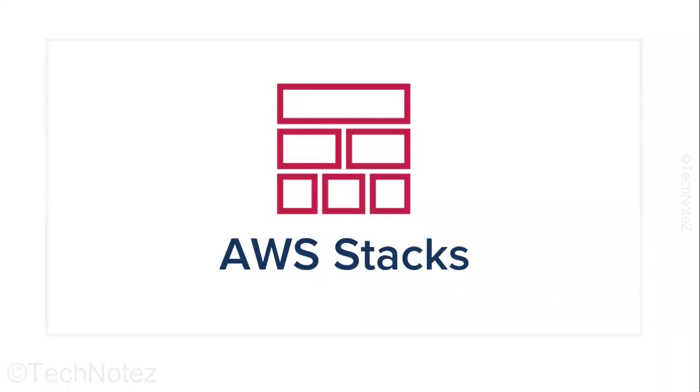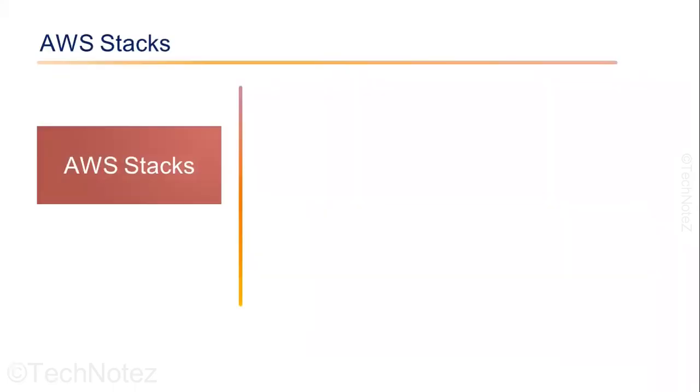Next, let's talk about AWS Stack. AWS Stack refers to the combination of services and tools available on the AWS platform that are used to deploy, manage, and scale the different applications. AWS Stack allows users to easily provision and manage the resources in the cloud, such as compute instances, storage, networking,